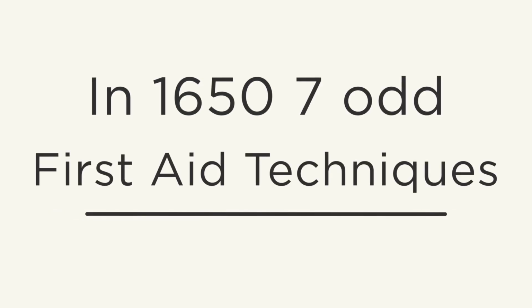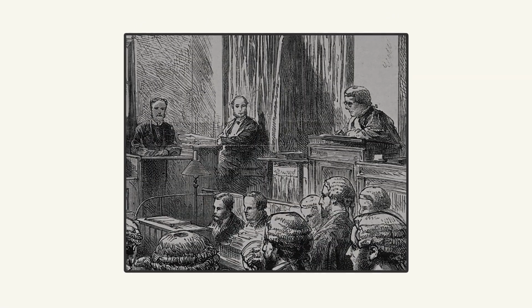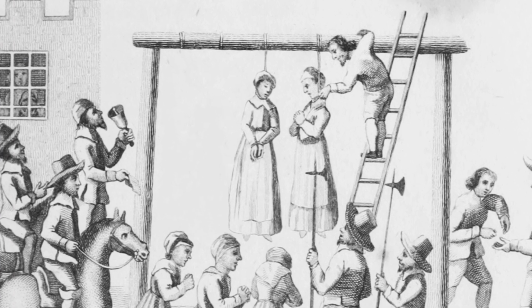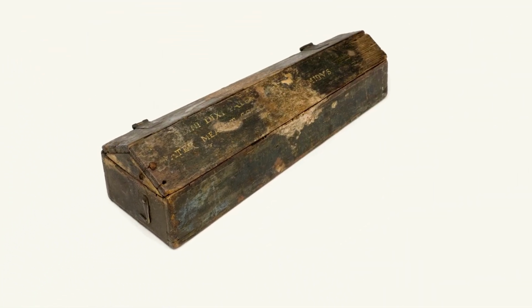In 1650, 7 odd first aid techniques were used in an attempt to revive Anne Green, a young girl who had been convicted of murder and sentenced to death by hanging. After the execution, 2 physicians were supposed to dissect her, but when opening her casket, they found that she was